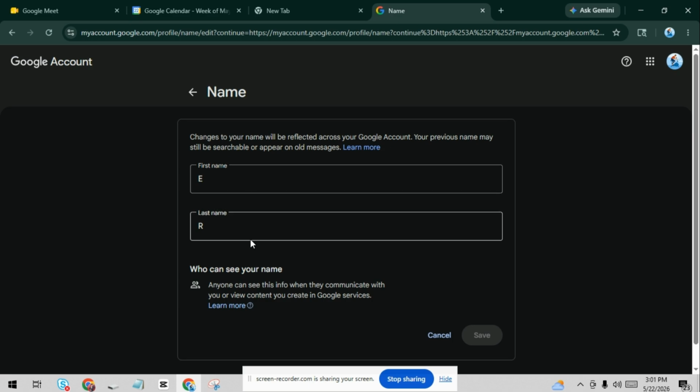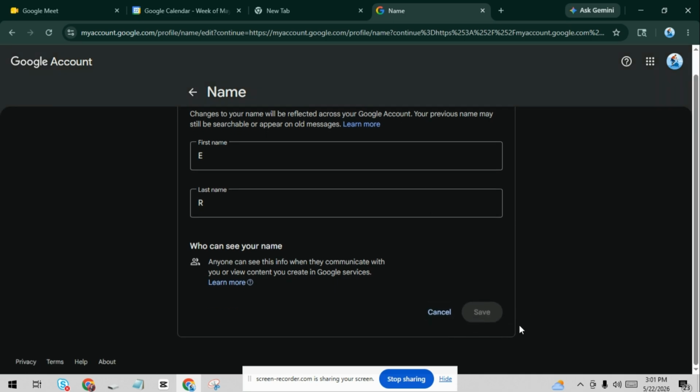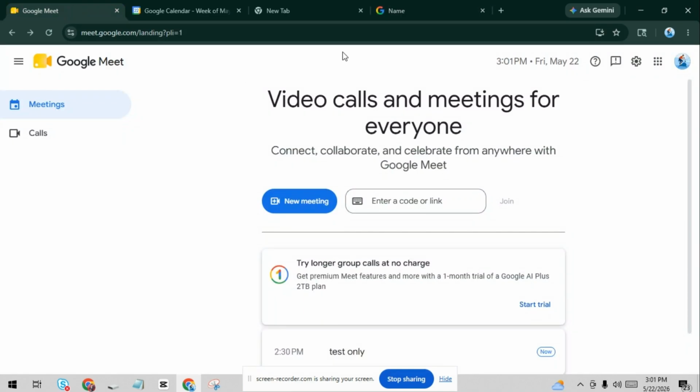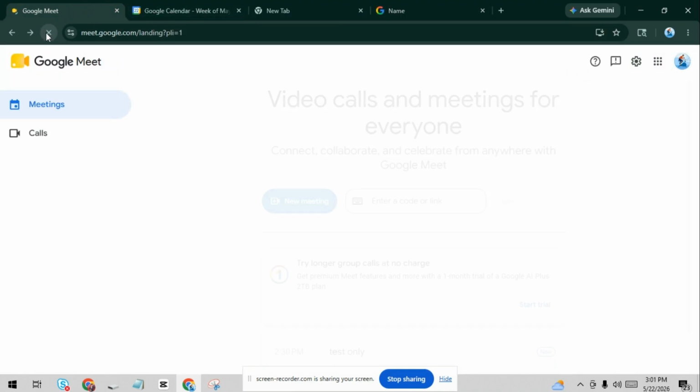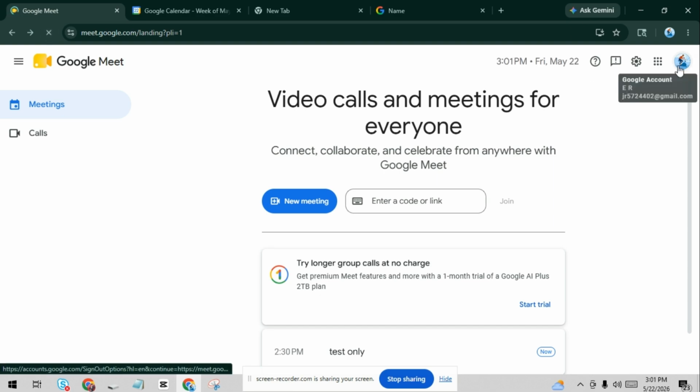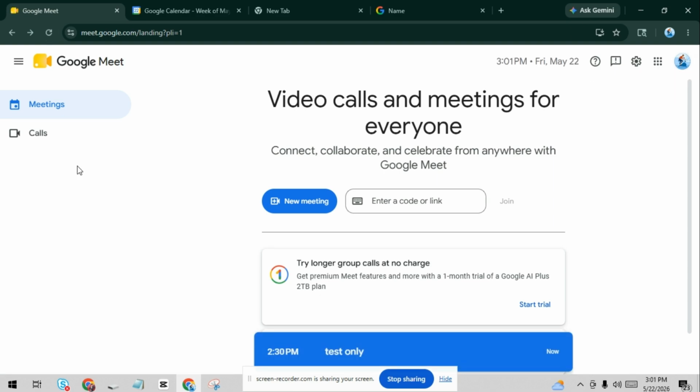Make sure the spelling is correct because this name will also appear across other Google services. Once done, click Save or Confirm Changes. Now, go back to Google Meet, refresh the page, and your new ID name should already appear during